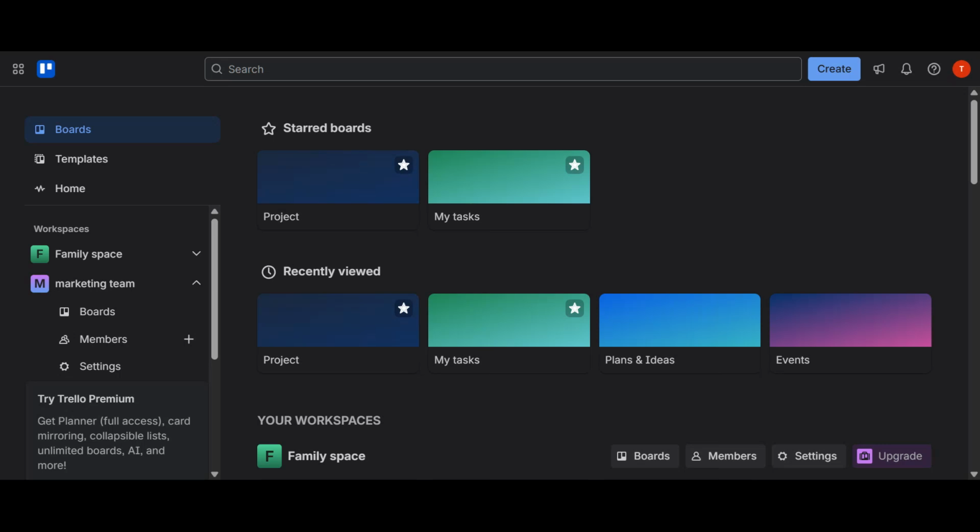In today's video, I'm going to show you how Trello Activity and highlights work, and how you can use them to track team progress, monitor updates, and stay on top of deadlines without constantly opening every single board. If you're working with a team or managing multiple projects, this feature can save you a lot of time and